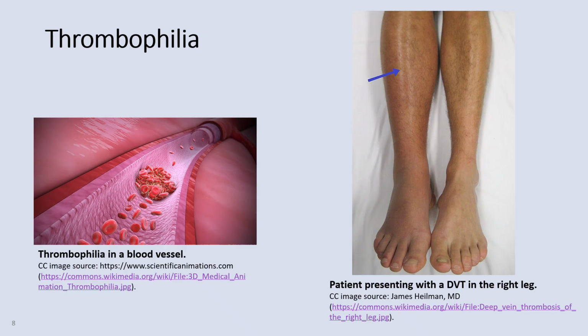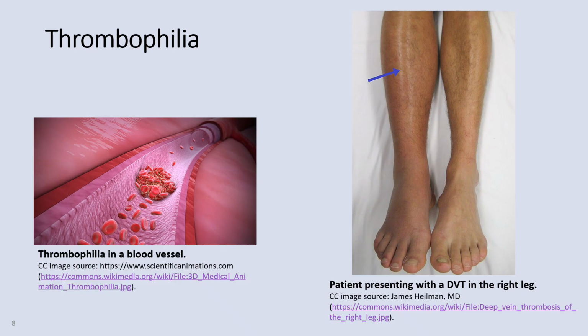When a portion of a thrombus breaks free from the vessel wall and enters the circulation, it's referred to as an embolus. An embolus that is carried through the bloodstream can be large enough to block a vessel critical to a major organ. So in the heart, brain, or lungs, an embolism may accordingly cause a heart attack, a stroke,